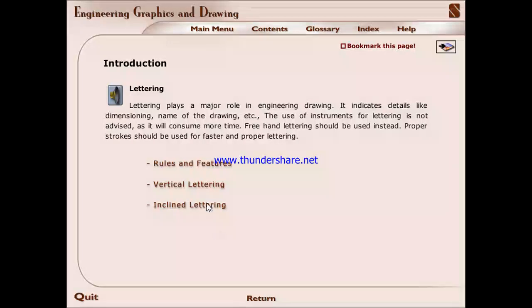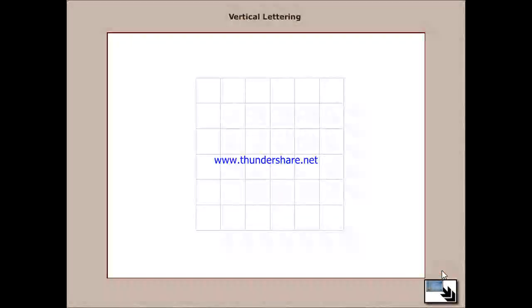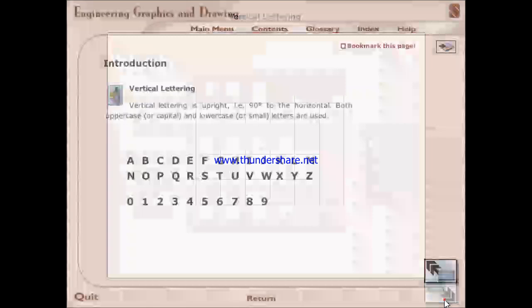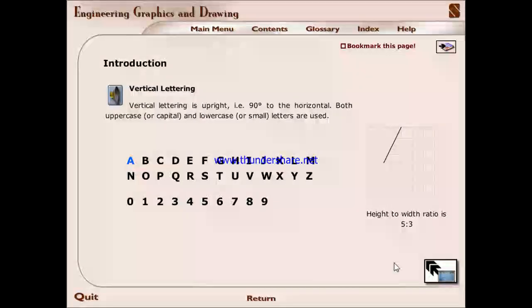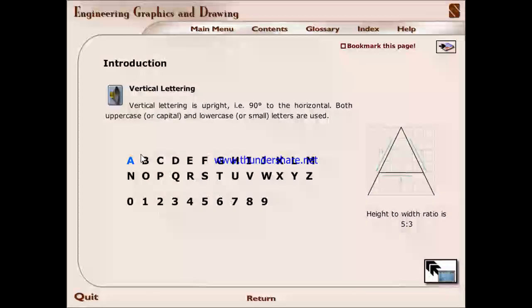Here we will learn vertical lettering. Vertical lettering is upright, that means 90 degrees to the horizontal. Both uppercase or capital and lowercase or small letters are used. A, B,